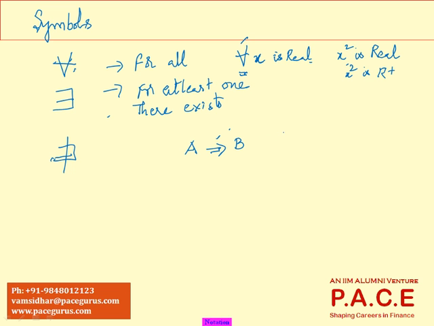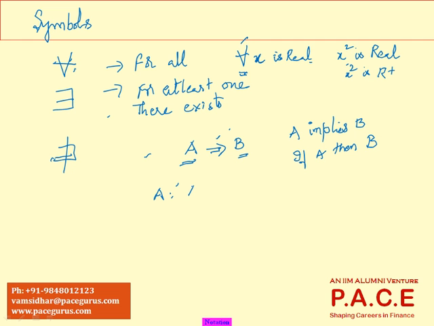A implies B. Otherwise, it's also written as if A then B. It means if A is true, then B is also true. Then we say A implies B, which means once I know two, if there are two statements, let's say A and B. For example, A is a statement which says